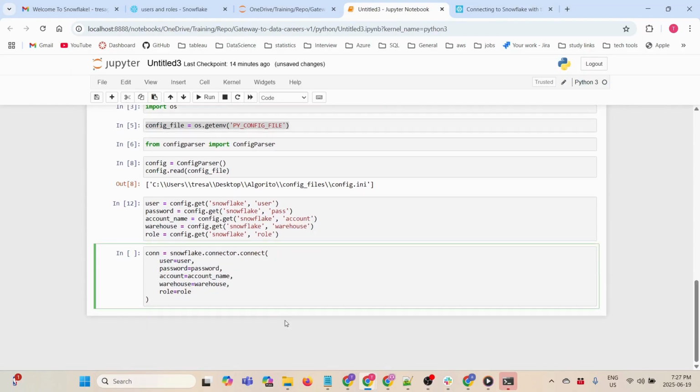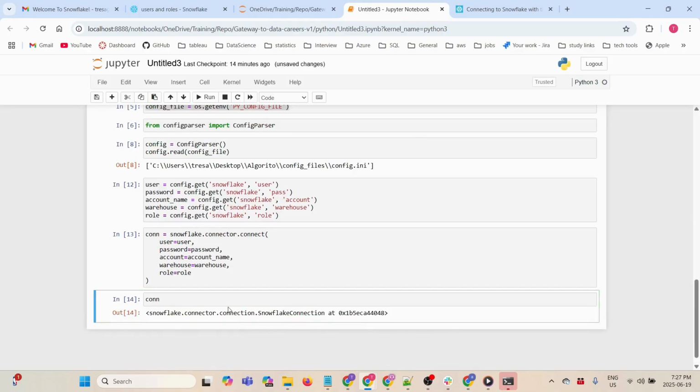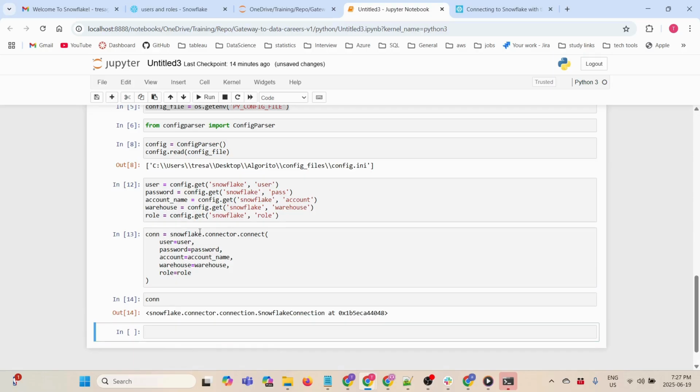Now let me try to run it. Fingers crossed. Okay, I don't see any issues. Let me print the connection object. Yeah, it is a connection object. Now that I have established a connection, using this connection, now I can